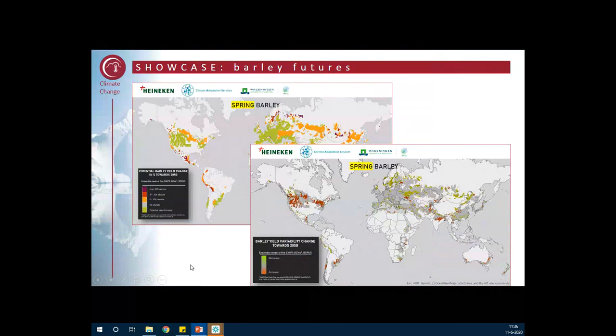In my own university, using these data, we did a very nice, I think, kind of consultancy job for, in this case, Heineken, where we focused on the future outlook for growing barley, in this case for the malting industry. And we made an assessment of which areas around the world we could expect significant changes in spring or winter barley, and not only in average yield, but also in variability, in volatility from one year to the next. It served as a very first global assessment, which will be followed up by focusing on the hotspots of change, using more detailed crop models later on.